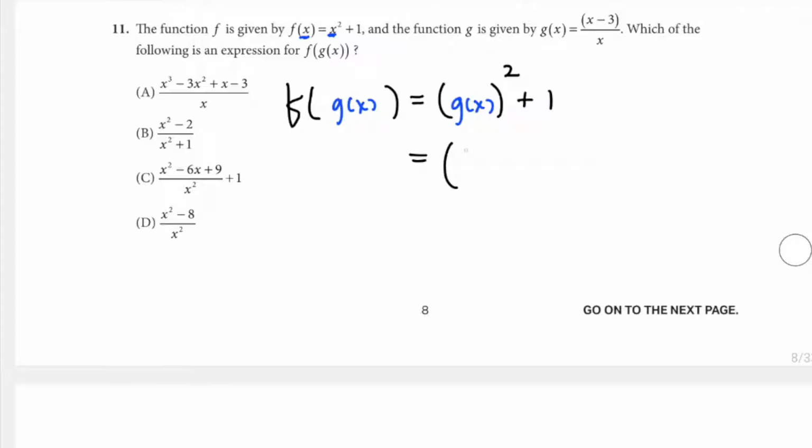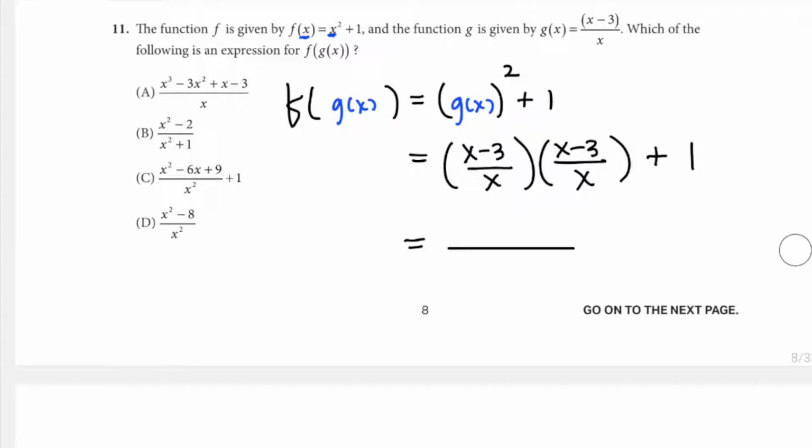Oh, this is going to involve some algebra. And I might just write it out as actually squaring it, just make sure I don't make an error. Okay, in the denominator, that's definitely going to be x squared because multiplying fractions, I'm just going to multiply straight across. So I've got x squared, and when I multiply the numerators, I'm going to say, all right, x squared minus 3x minus another 3x, and then plus 9 over x squared